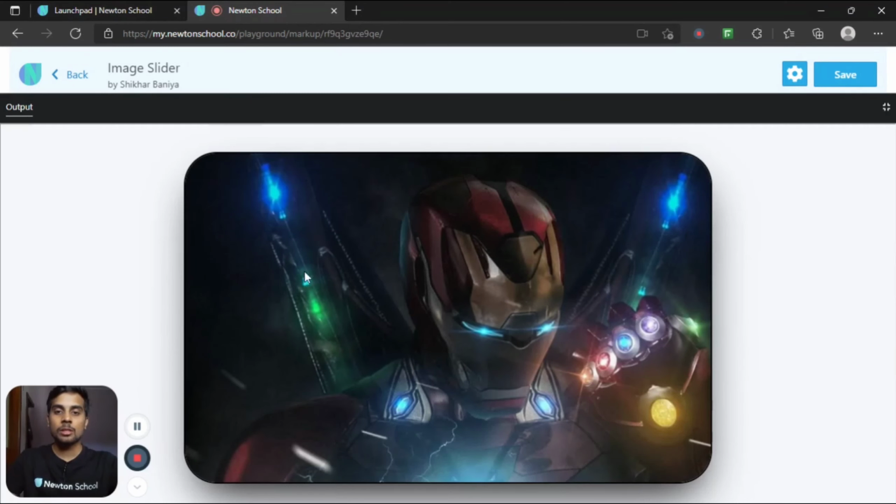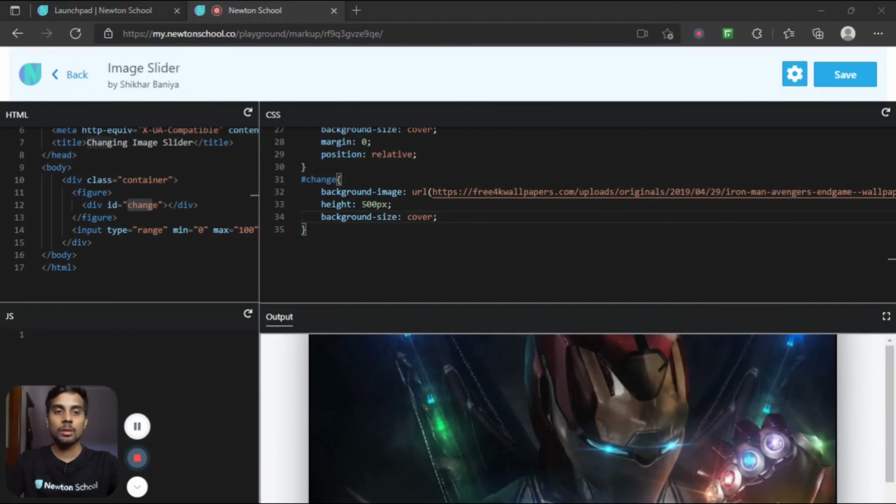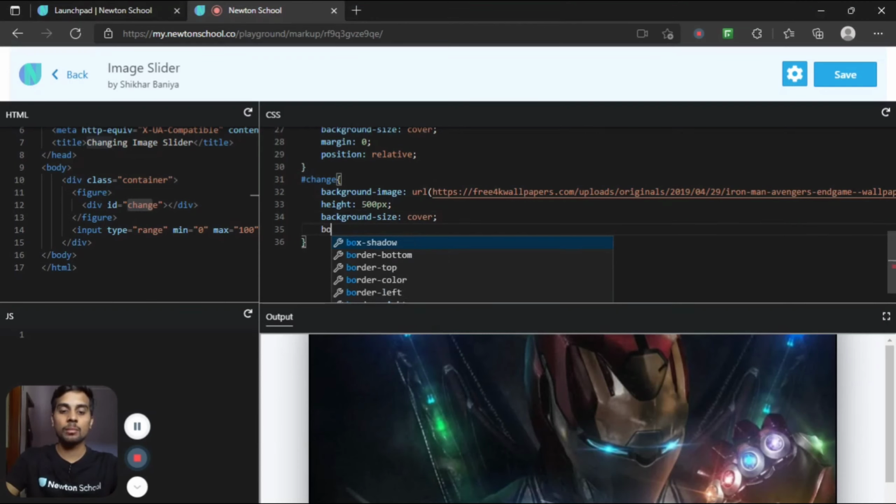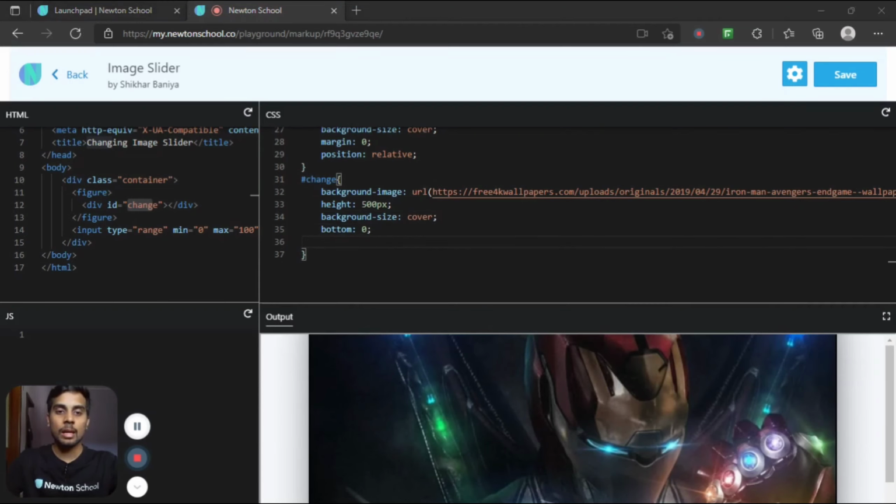The second image is overlapping over the first, but we don't want that, right? So let me add a bottom property here of 0, and I want to add a border to our image, which will be border right, 2 pixel solid. Let's change the color to white, so FFF.